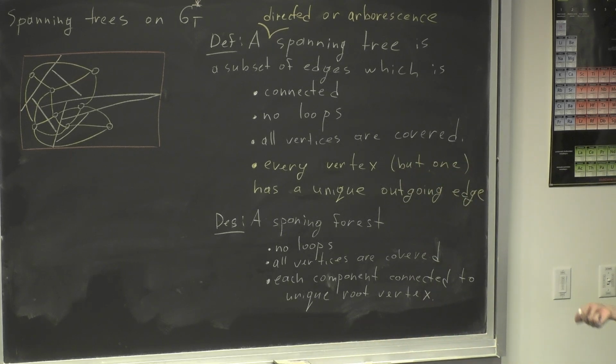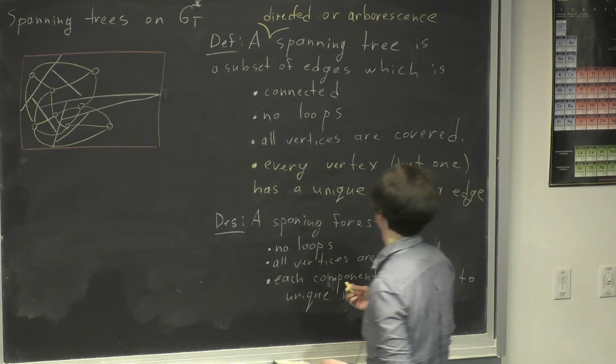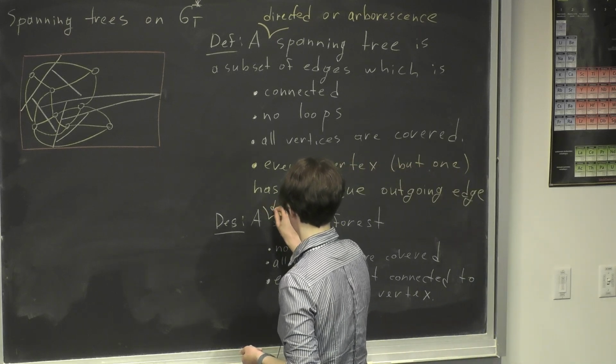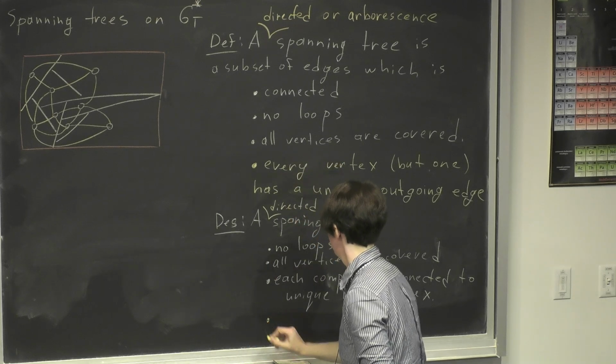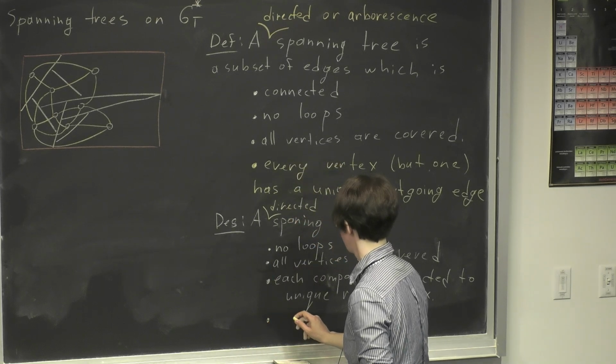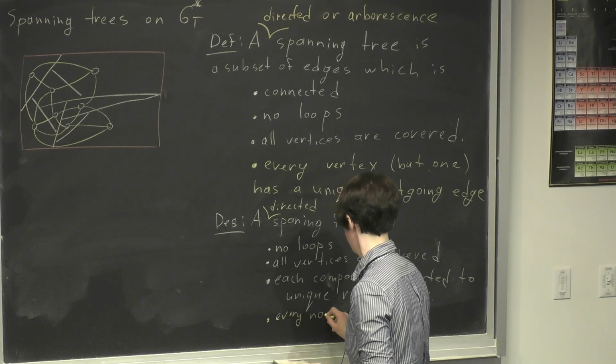In other words, it's just a union of trees which cover our graph. And again, it is directed, or an arborescence, if every non-root vertex